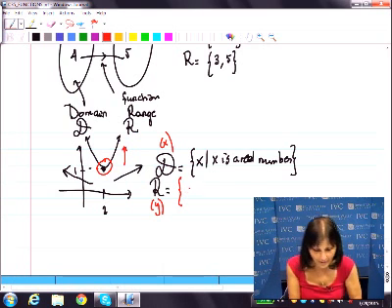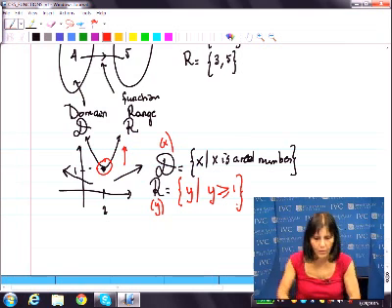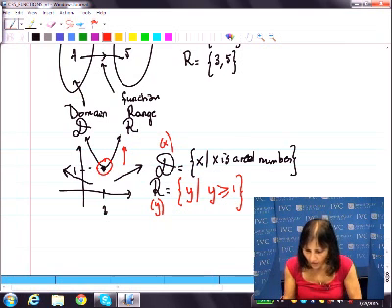You can write it like this. y such that y is greater than or equal to 1. Oh, I see it. Okay. Well, you can also write